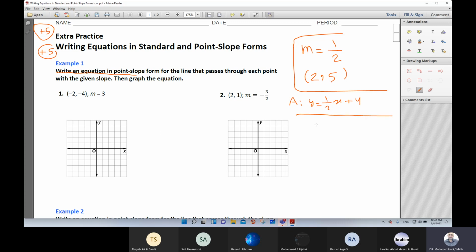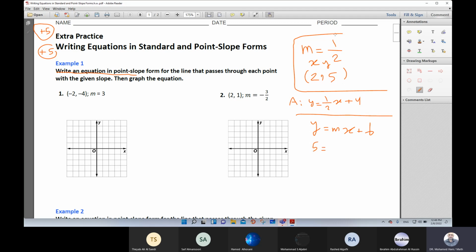As you remember from the lesson of yesterday, the standard form of the equation is y equal mx plus b. We have the slope m, but we don't have the value of b, the y-intercept. So what I do to solve b, we can take the point, as you remember, the point here x and here y. They represent the points inside this equation. So what is the value of y? 5